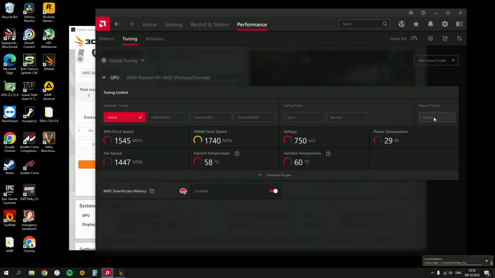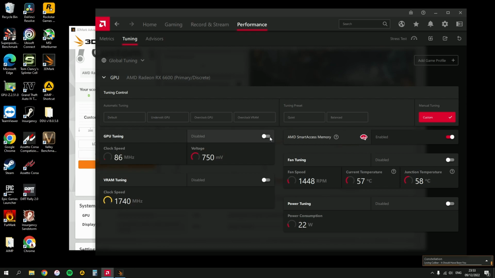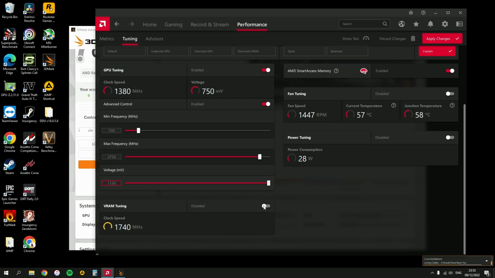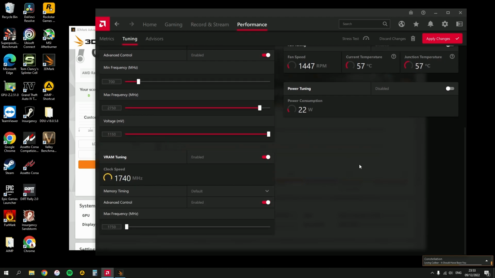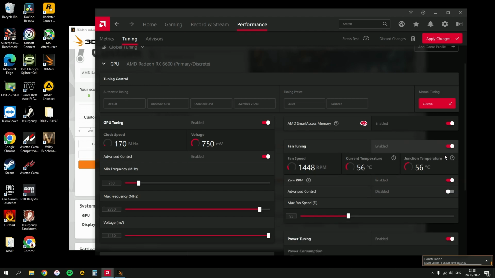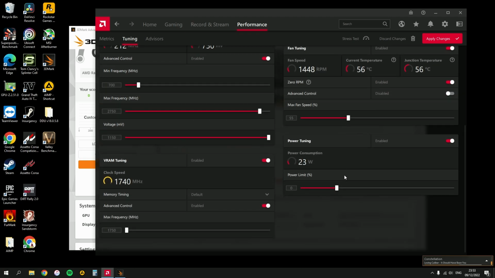First, you're going to need to enable this custom tuning and enable this menu, all of this menu. First, we're going to unlock the power limit to the max and increase the fan speed as we're about to get hotter with the temperature. So I'm going to run max at 70%,